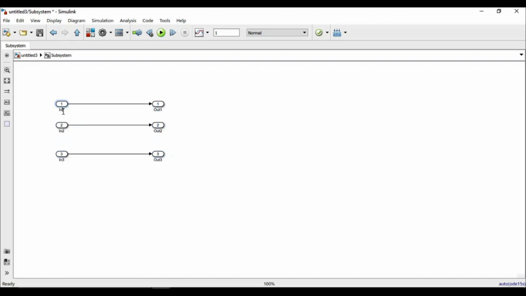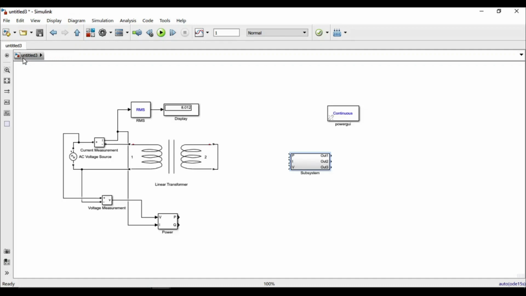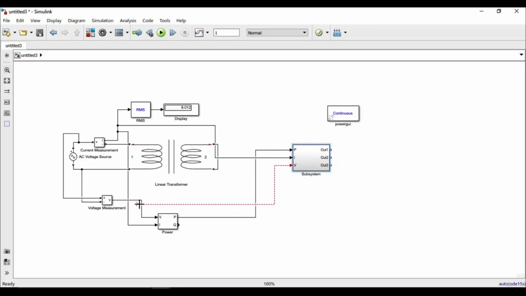The first input is the power, so let me rename it P. The second input is current, so I rename it I, and the third input is voltage, so I rename it V. So it will be showing in my real model. Let me connect them real quick. So P is connected to P, I is connected to I, and V is connected to the V value.